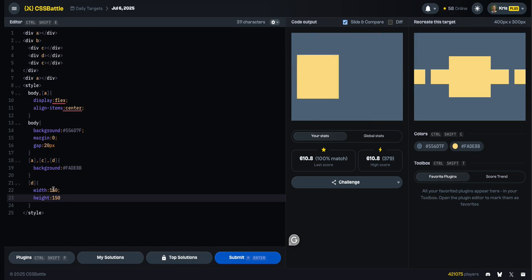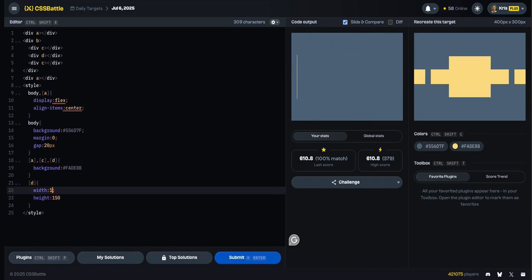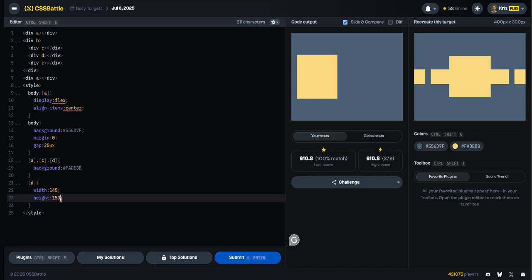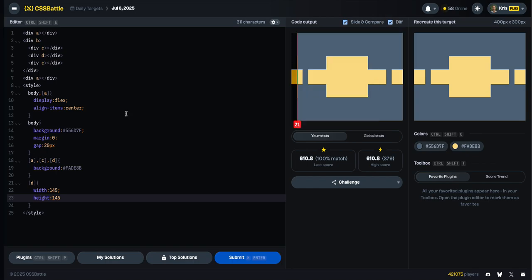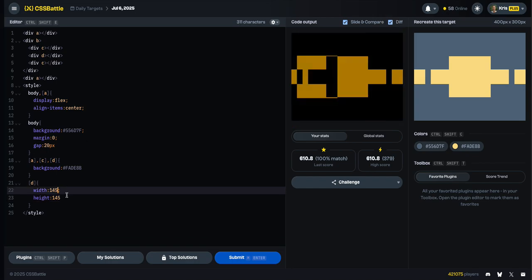And this did not work out the way I planned it. Oh, I know why. It's 140. I was hoping this would be centered, but I didn't use justify content